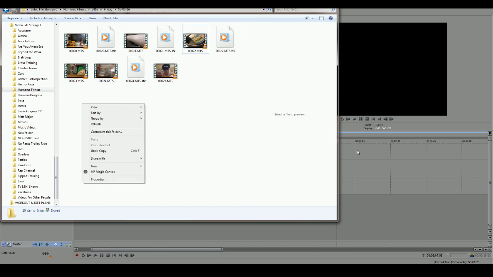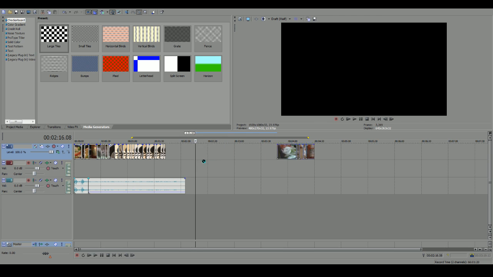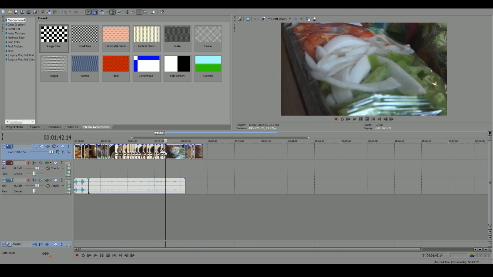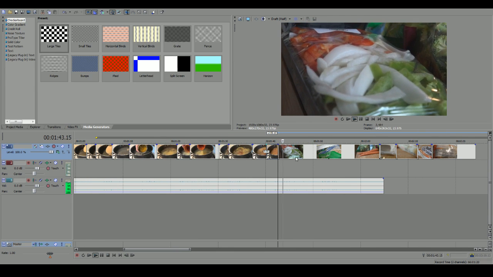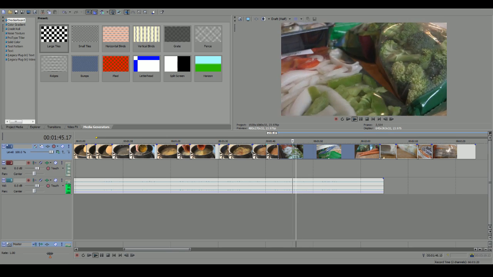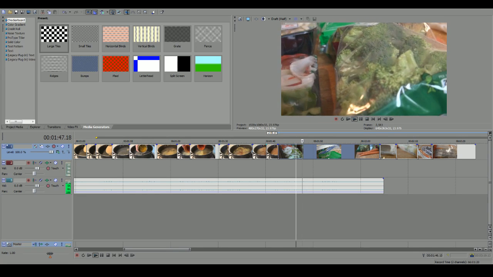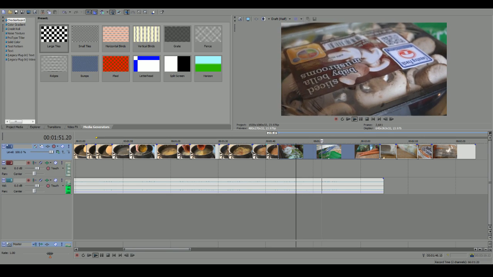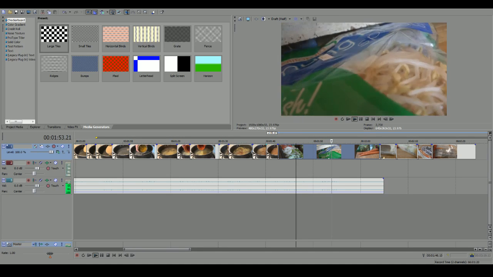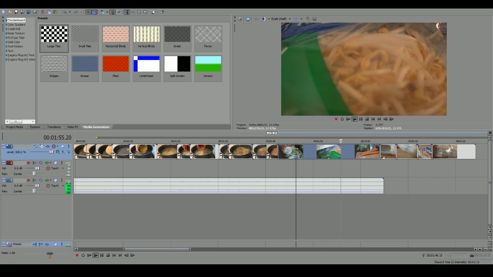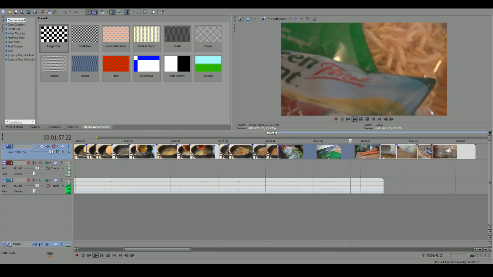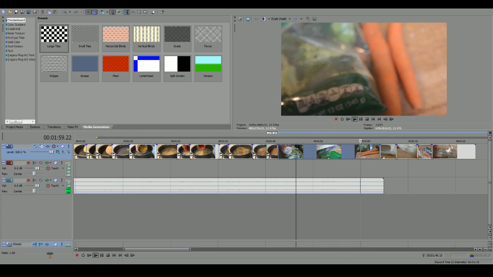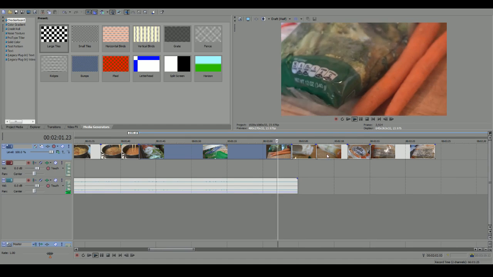And now we're moving on to the vegetable scene, which is kind of cool because I already kind of edited that. So over here, I'm going to be like, yeah, bell peppers, onions, blah, blah, blah, broccoli, it's the mushrooms, is it mung beans. Very good. And the carrots. Oh, yes. It's very good.